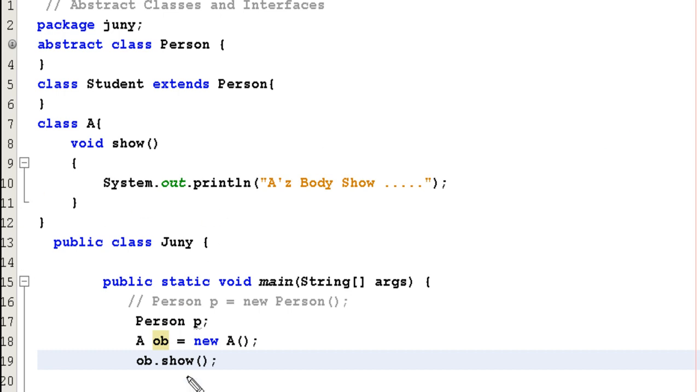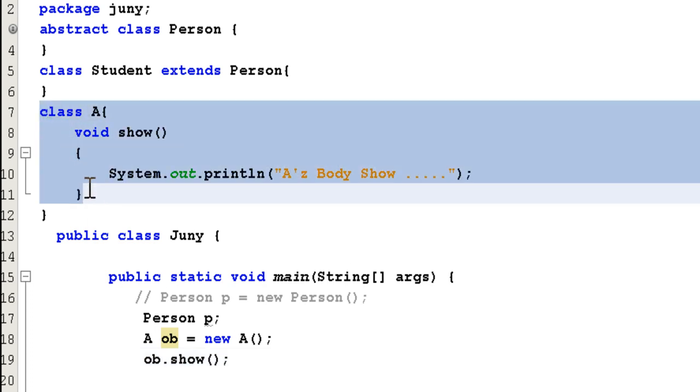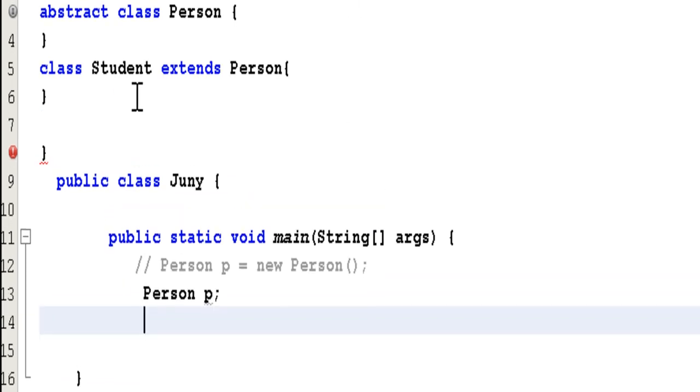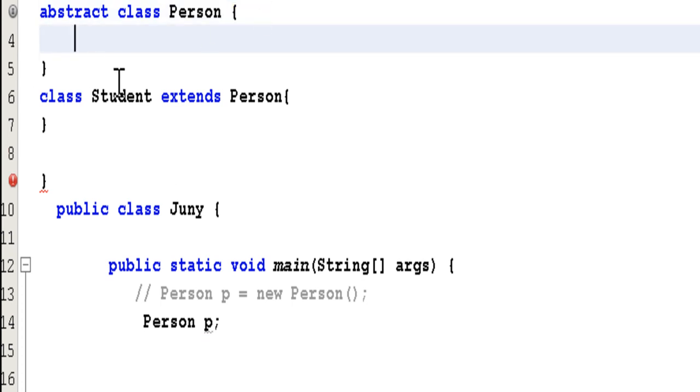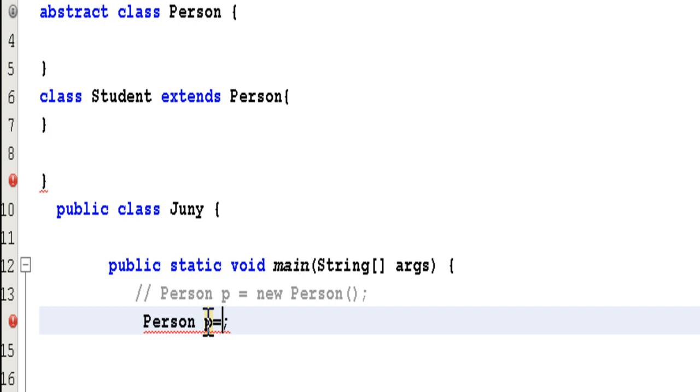Fine. What I'm saying is, should I create it in code? For example, let me remove this class A here, and let me remove this also. I am creating an abstract class Person here. It might have something in it; we will fill it in later on. We have a Student class which extends Person. So the Student class is a child of Person, so Person is the father of the child, or I can say a student is a person. This is the relationship between the two. And I will create a Person P, which means a reference variable of the Person class, but I will drop into it new of the Student class. This is the beauty of